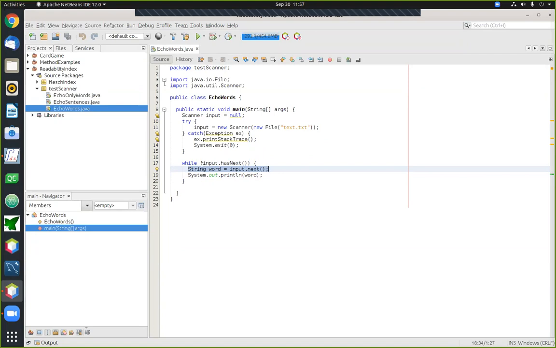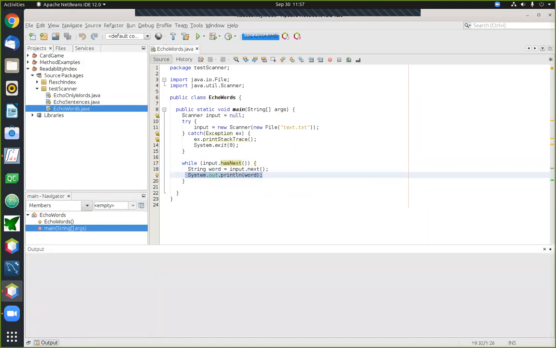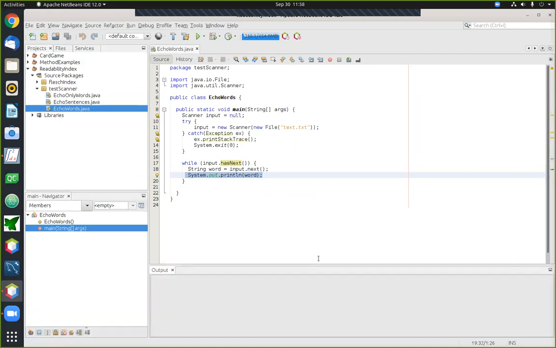And then to control the loop, we use a method closely related to that, the hasNext method, which keeps running as long as the file still has words left in it that need to be read. Again, all we're going to do in this example is, as each word comes in, simply print it to the output pane. That way we can get a sense for how the reading process is actually going to work. Okay, so let's go ahead and run the program and see what it does.